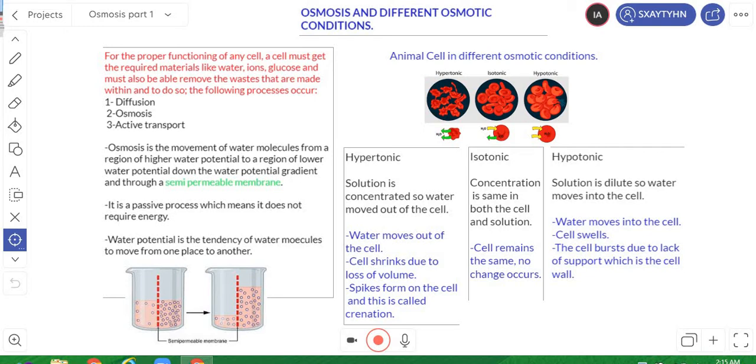In today's video we are going to talk about the topic osmosis. Now if you guys have not seen the video made on diffusion, then I highly recommend that you stop watching right now,